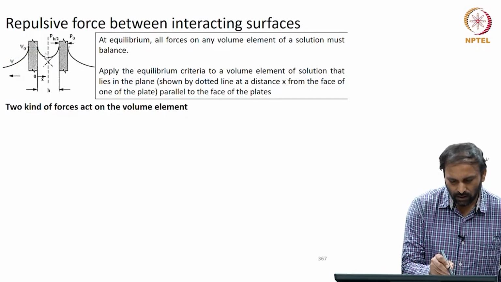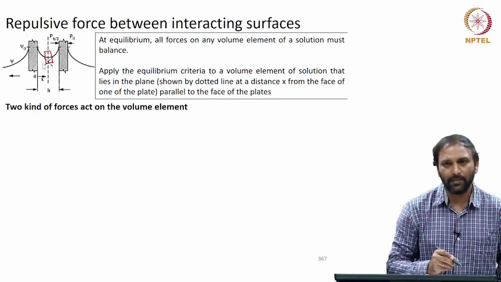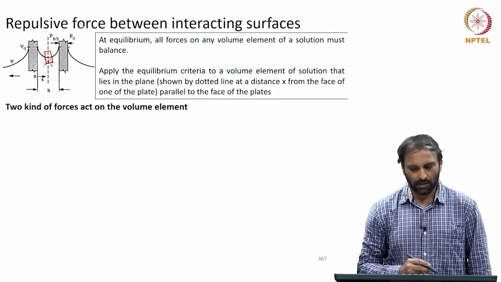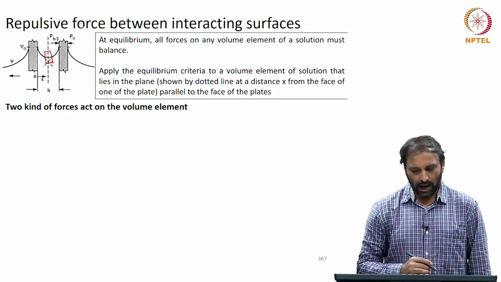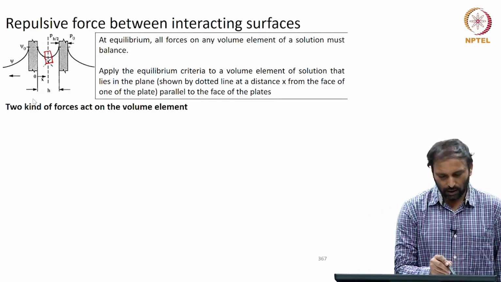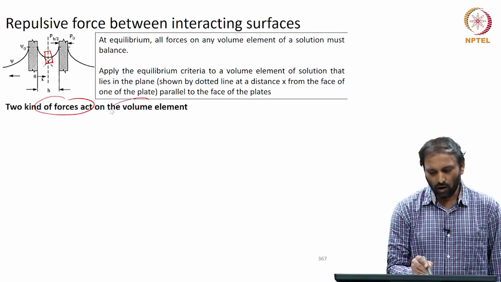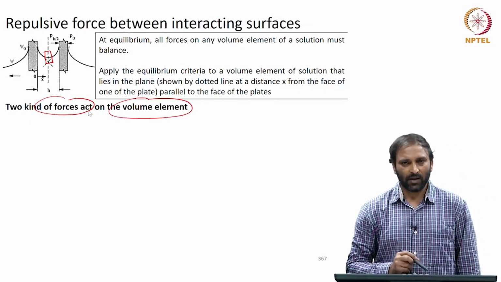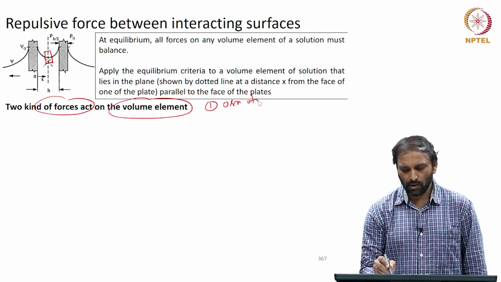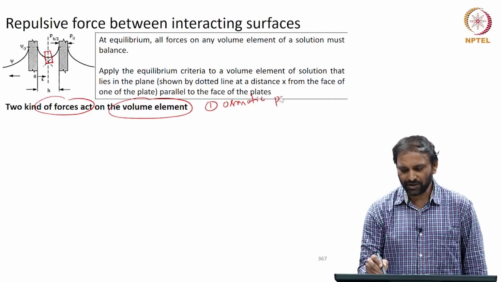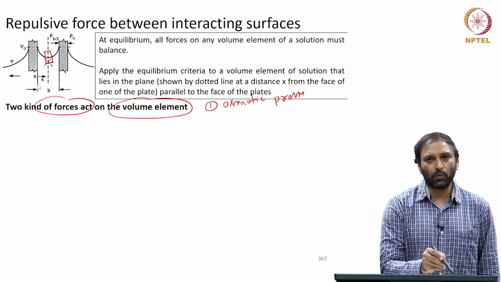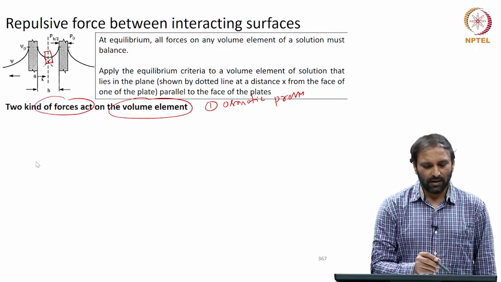So, you can consider a volume element of fluid, okay, that is parallel to the face of the plates that are considered, and you could do a force balance. Okay. It turns out that there are two forces that are acting on the volume element. First is what is called as osmotic pressure force, and this arises because if you look at the region within the two plates, there is certain